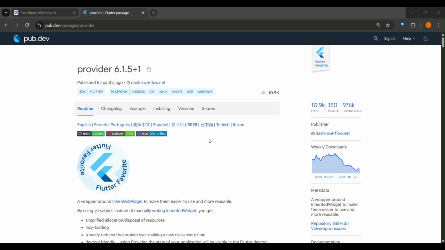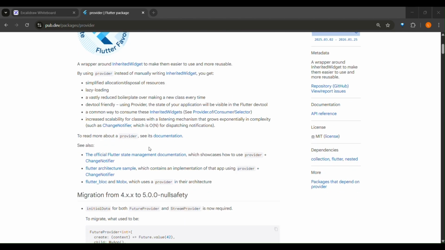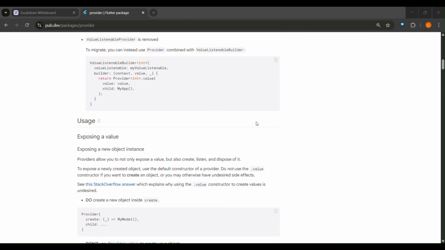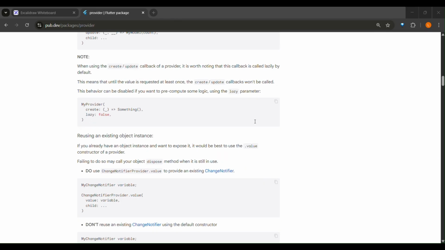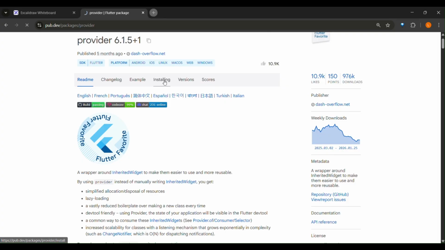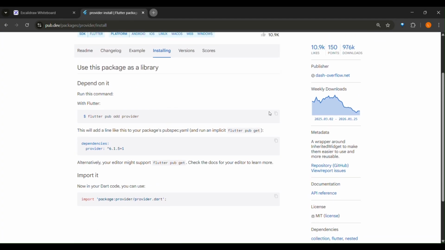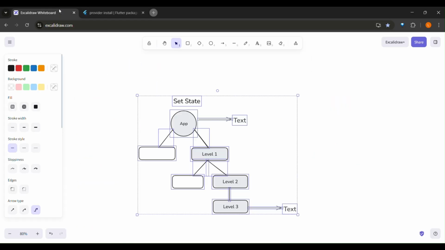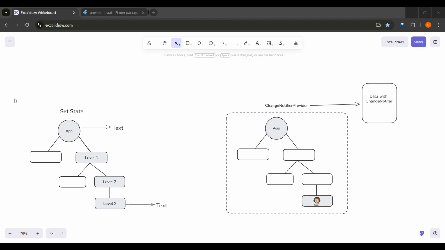And this is recommended also. You can check the documentation, and they have given ways how to create, what to do, etc. And I'll explain this in simple words. All you have to do is copy this, make sure you have installed this package. And how this provider works is, okay,